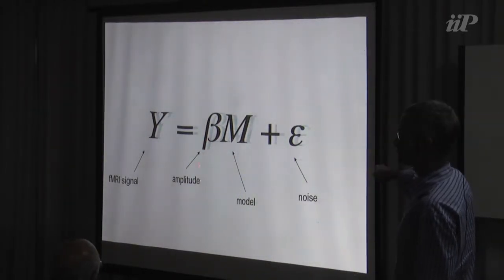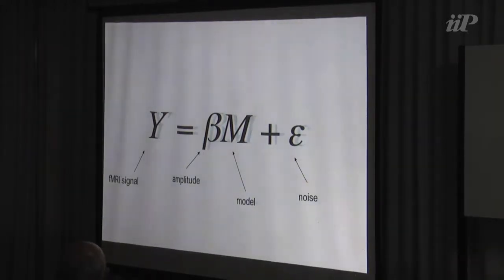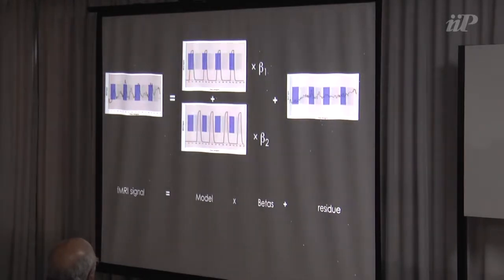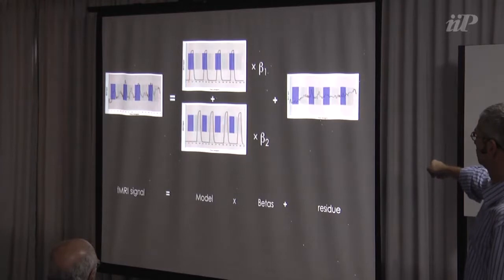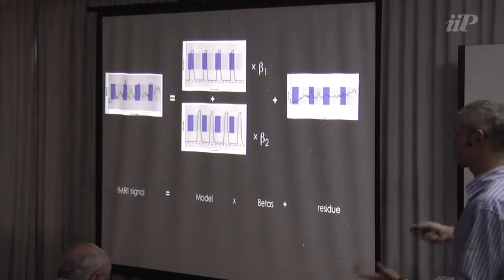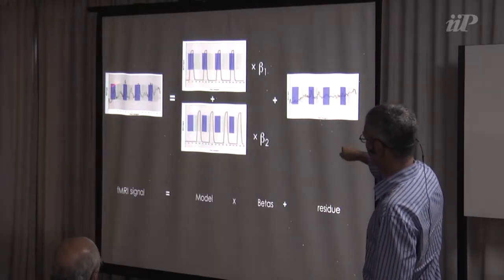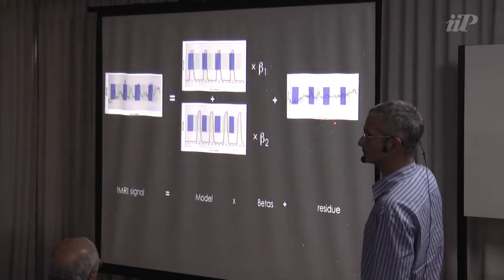What is it that your model is going to adjust? These values, or the amplitudes of the model. That's it. And then with the amplitudes, you'd have something like this. For instance, here we modeled our data with two independent predictors, or with two independent models. So what we are saying is that our signal is a linear combination of these two models plus noise.